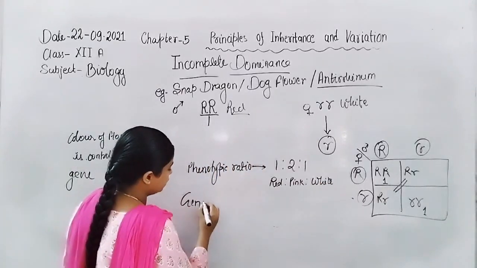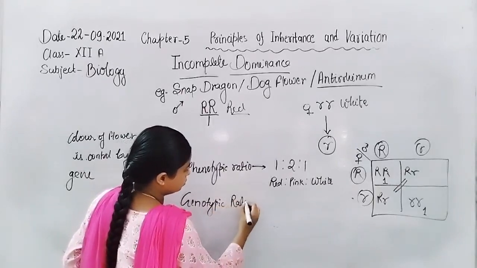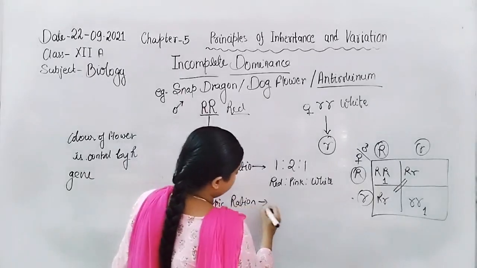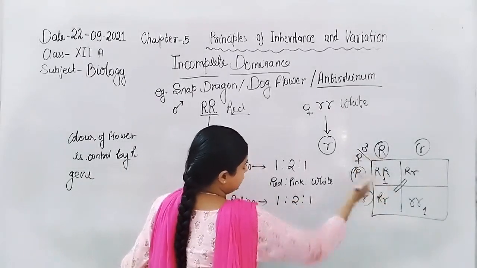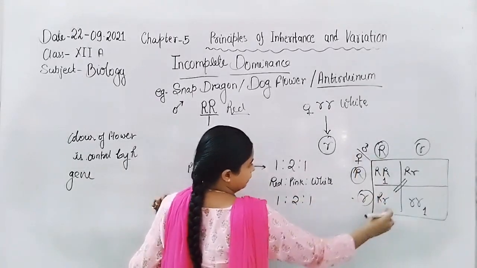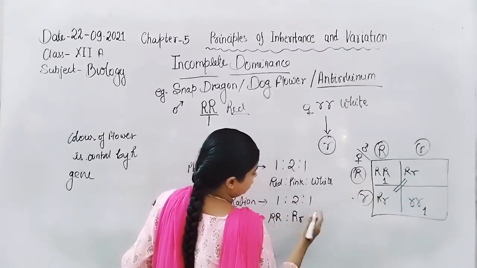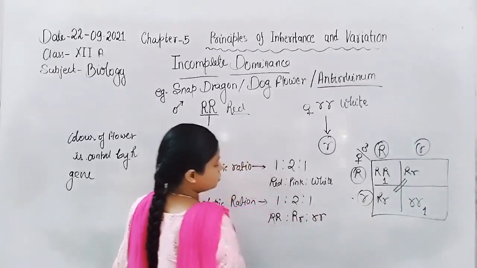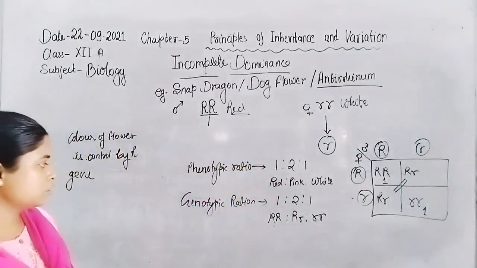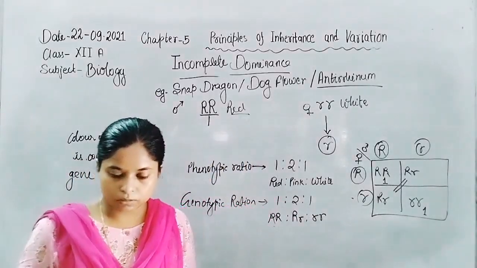Now the genotypic ratio will be again 1:2:1. So 1 is capital R capital R, 2 is capital R small r, and 1 is small r small r. So that's why the genotypic ratio and the phenotypic ratio are equal, whereas in case of the